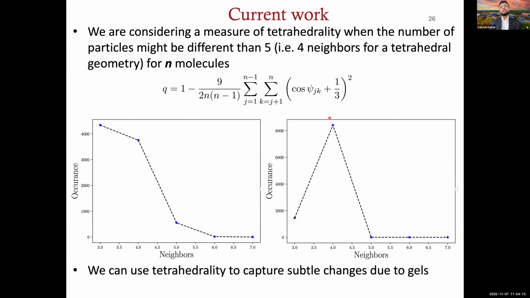Whereas in ice, yes, it's closer to a perfect tetrahedron, right? So what we are observing is that we have these subtle changes in tetrahedrality whenever we introduce a solute as well as a gel. I mention solute because we're also looking into the freezing effect when you have something like a salt, which has these hydration shells that are going to again change the tetrahedrality. So in a way, we can say that tetrahedrality might be a common measure of how we can tune the antifreeze or the freezing point depression